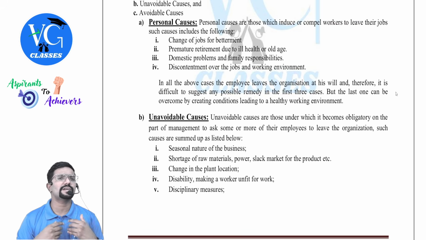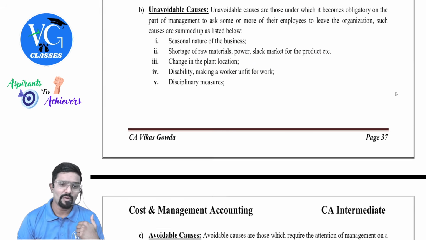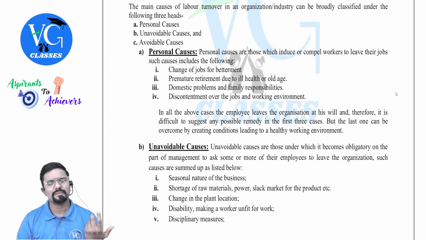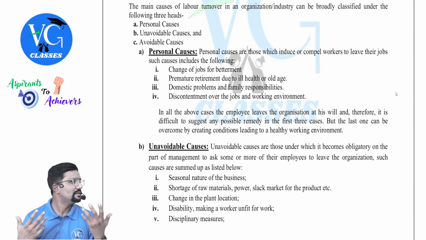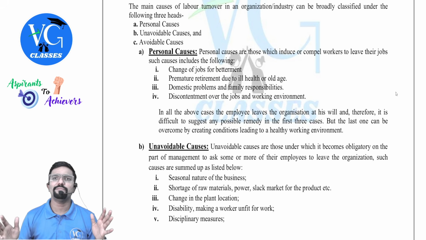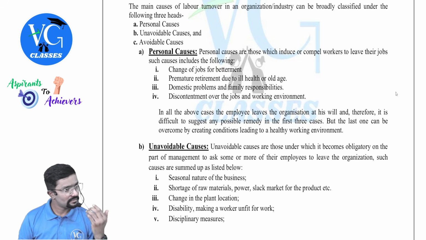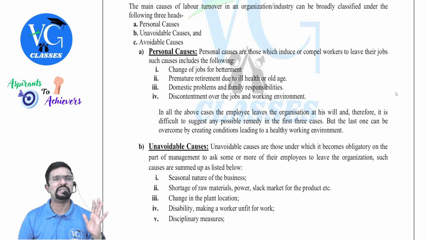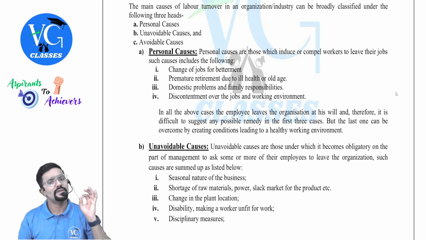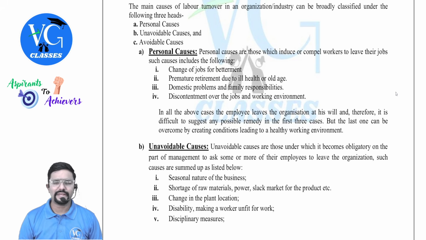See, being dissatisfied with the company comes under avoidable reasons. Here also, sometimes personal reasons. Sir, personally, I am not liking my manager. That also will happen. Okay, personally, I am liking the company, maybe not the manager. So many employees, I have heard about it. Now some of my friends are already telling me my company is good, work is good, but I don't like my manager. I hate him. He does partiality, this and that. Okay. Change of job for betterment.